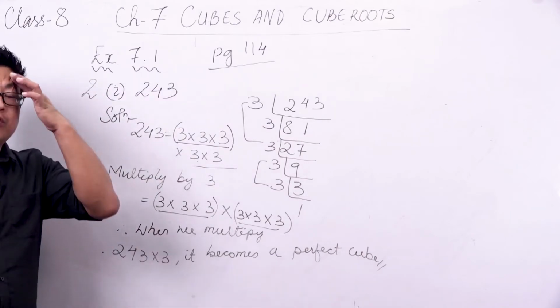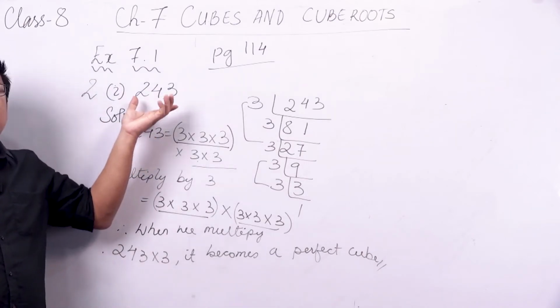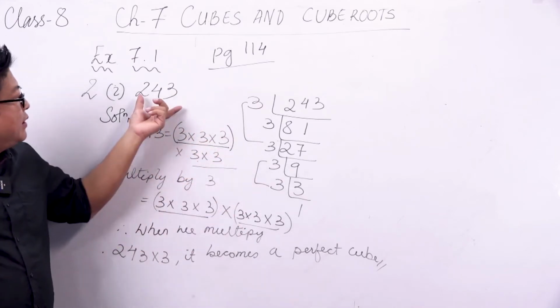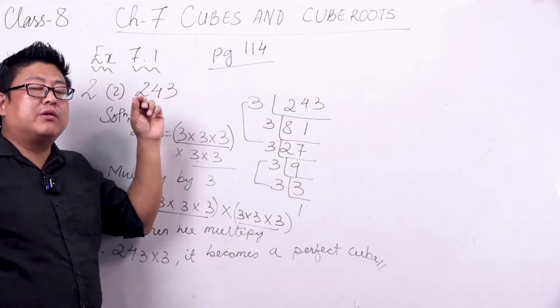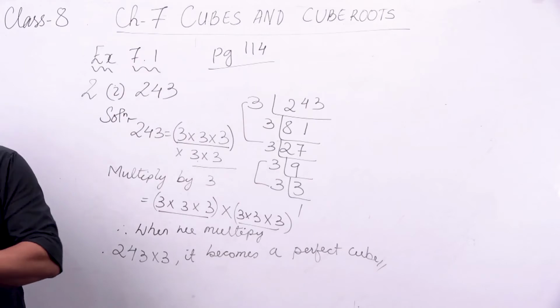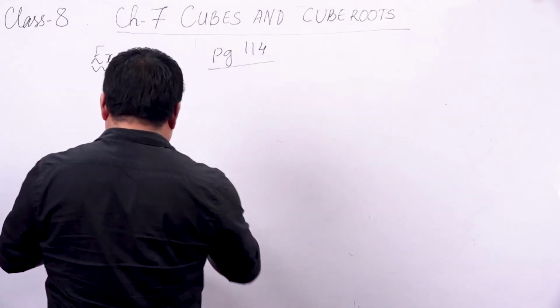All right, children. So this is how we will multiply a number or numbers to convert those numbers which are not perfect cube into perfect cubes. All right. Let's look at another example. The next question is